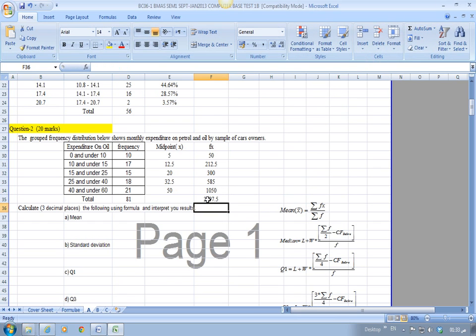Now we have the total of fx, and we have the total of f. According to this formula, the mean is equal to the total of fx divided by the total of f. So here we can calculate the mean. Mean is equal to this total divided by this one, and press enter. This is the mean. And simply now you can write that the average monthly expense